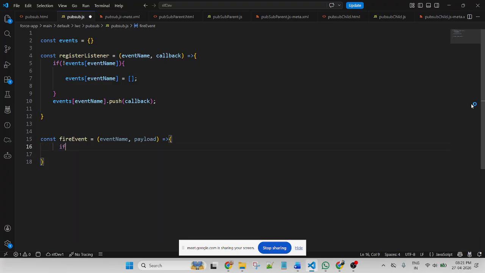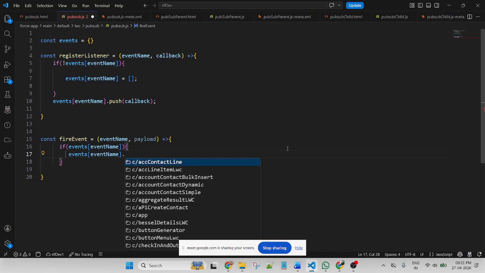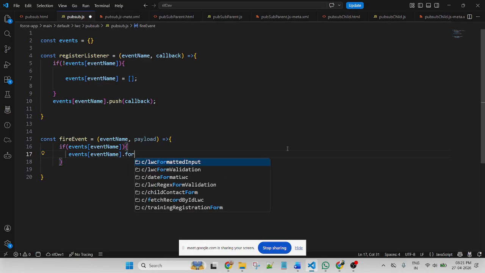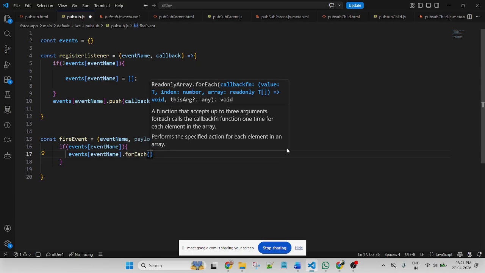Similarly, if this event name is registered, then use forEach, one by one I will push the data.